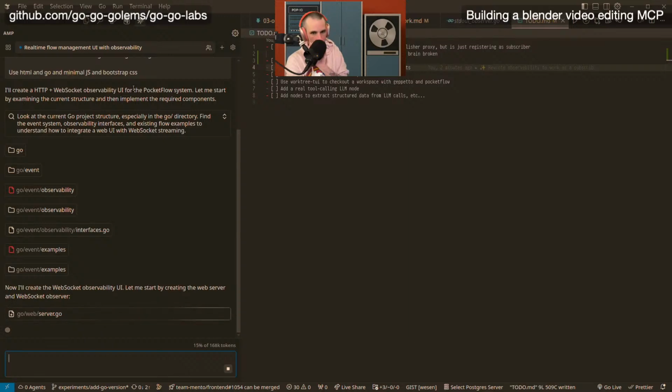And I know that HTML and Go and minimal JS and Bootstrap CSS is just out of my experience to know that it doesn't start like doing React with Tailwind or whatever. Because even though React and Tailwind, if I were to do it in the longer term, and I will, is a more robust solution because it allows me to add new features without touching existing code, if that makes sense. While if I do a Go plus HTML plus JS plus little thing, then there's a